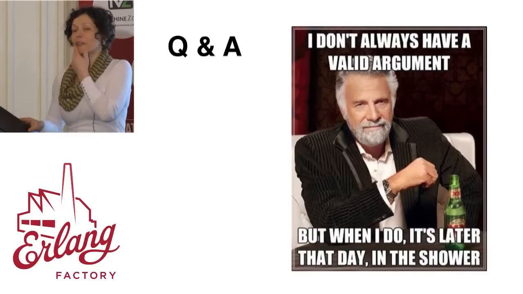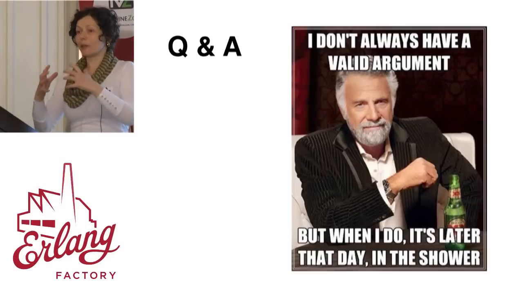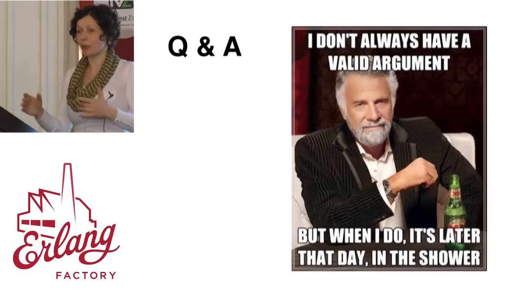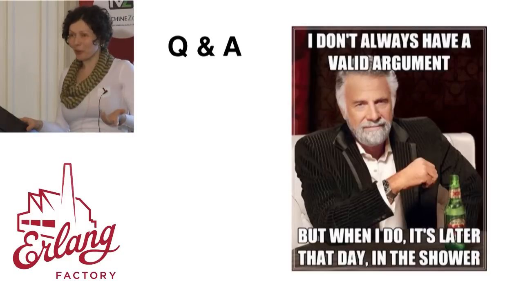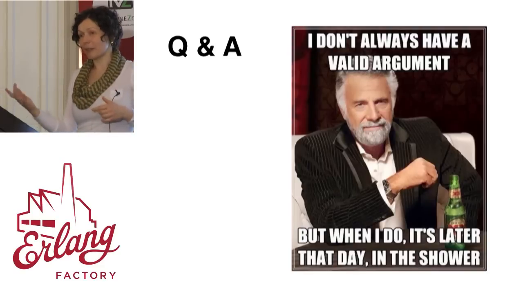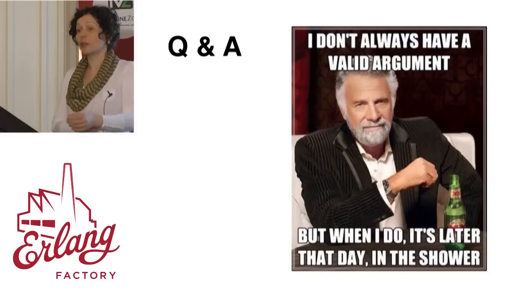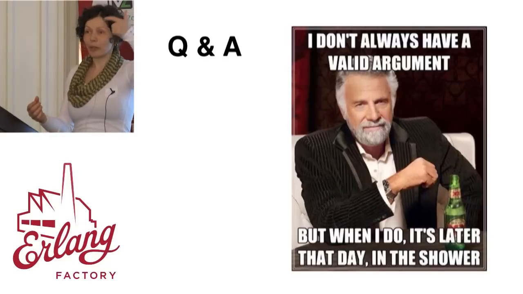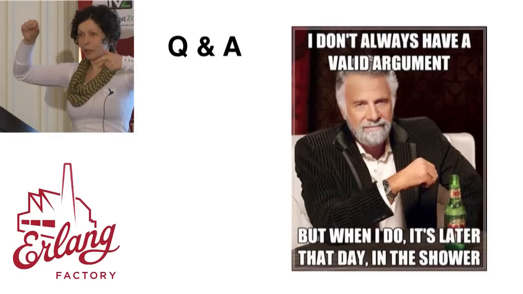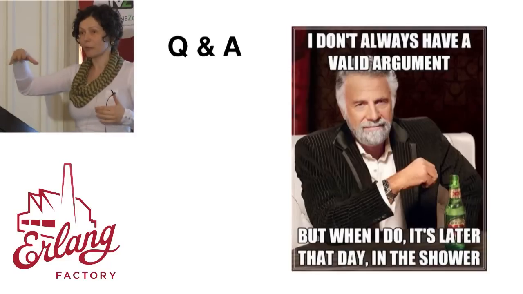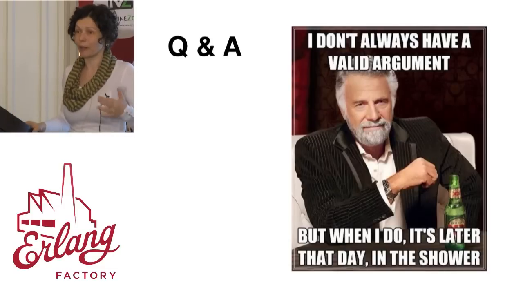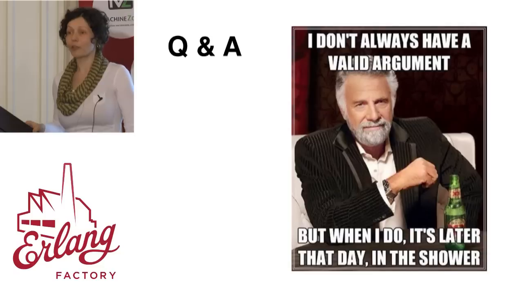So the question is whether we can prioritize the items in the queue. Yes, you can by writing your own queue implementation. Jobs doesn't have that out of the box, but you'll have to write your own queue implementation, and your requests will have a priority on them, and you basically will order them by priority or something like that. But yeah, you'll have to write your own plugin for that.